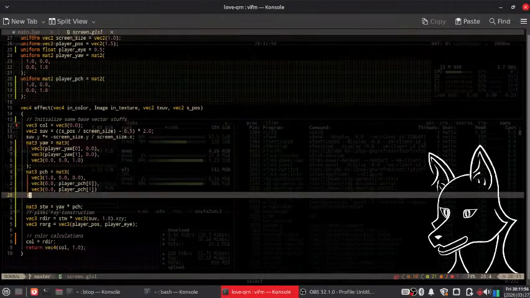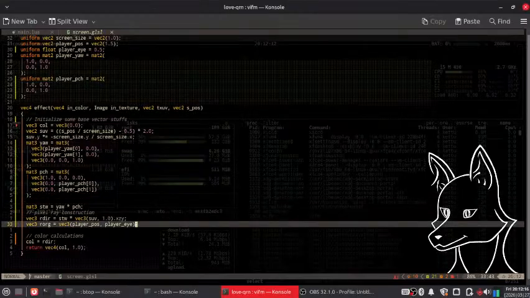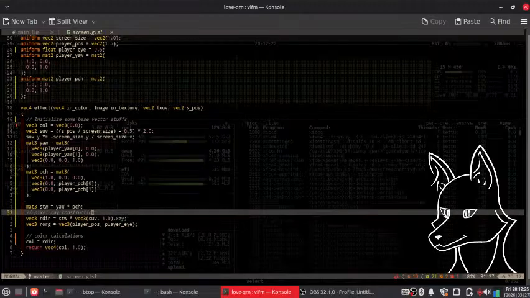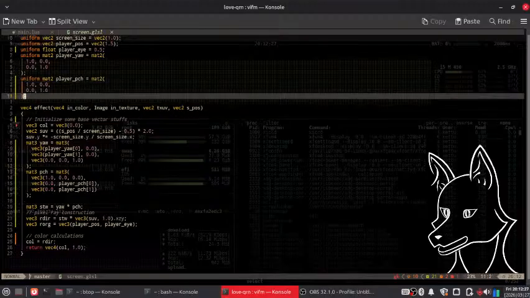Alright, so we have the mouse controls are done. Right? My mouse controls are done. Gucci. So what is it going to be next? So we have the player pause, player eyes. That's the ray origin. We have the ray direction and the ray origin. And then the next thing is going to be the DDA algorithm. But part of that, hint, hint, nudge, nudge, is going to be the actual